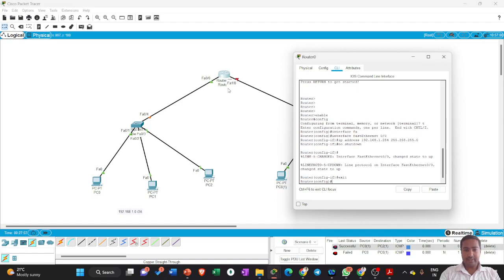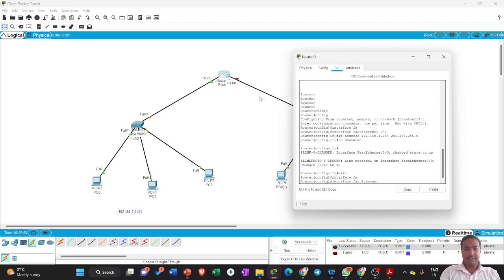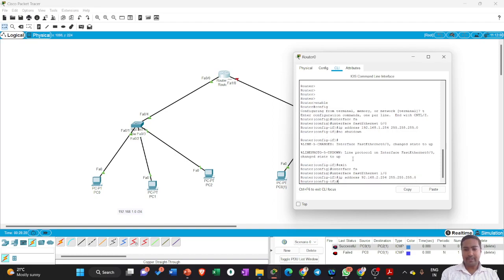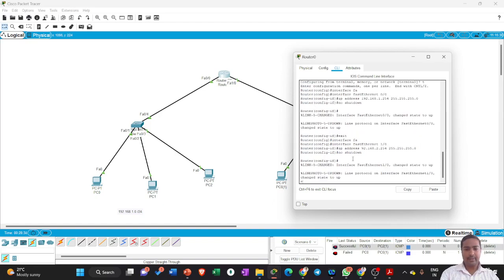Likewise, I have to go and configure this particular FA1/0. So let me quickly go ahead and make it up. Interface fast Ethernet 1/0, right? And I'm going to keep the IP address, say 192.168, and this particular IP has to be the gateway address of this particular network. So the gateway IP which I used is the last usable IP, that is 2.254, and the default mask is going to be 255.255.255.0, and here I give enter. Now I have to turn on that particular port, so I have to give the command called no shutdown,